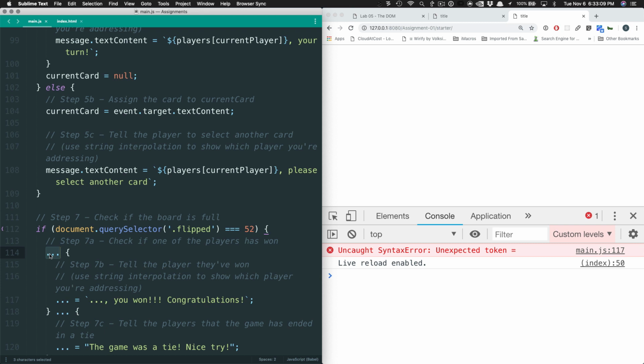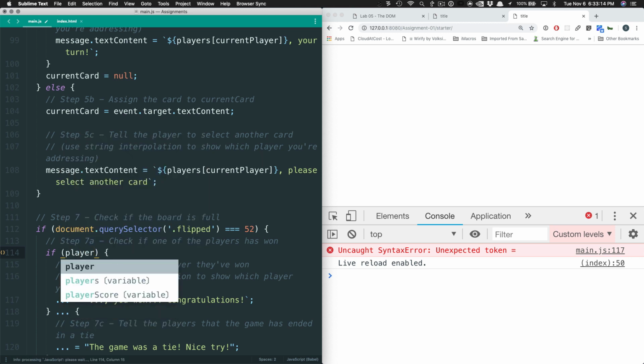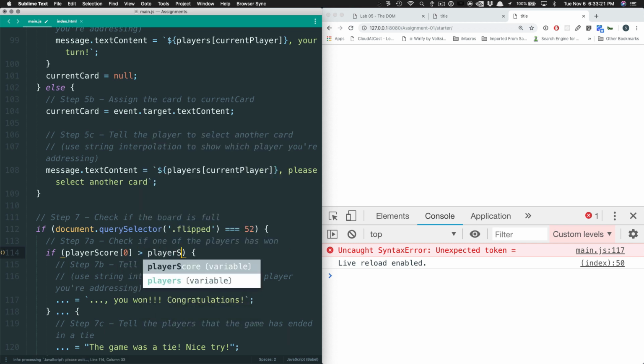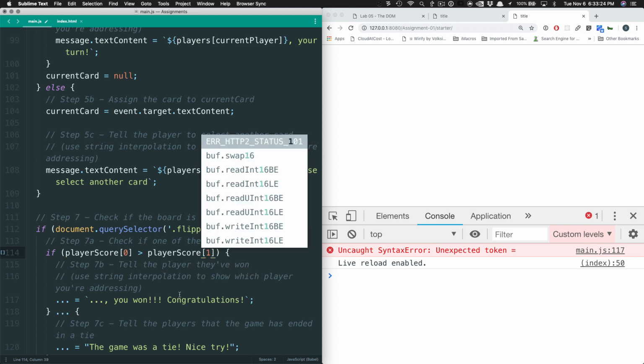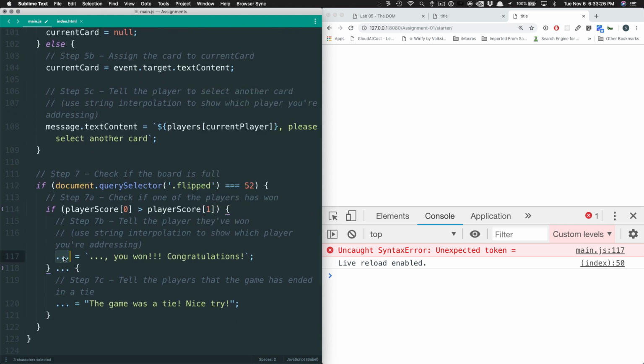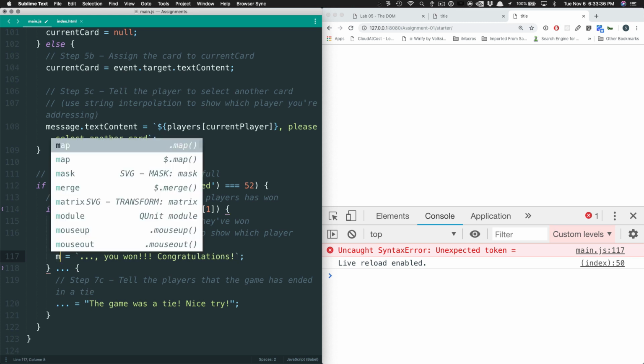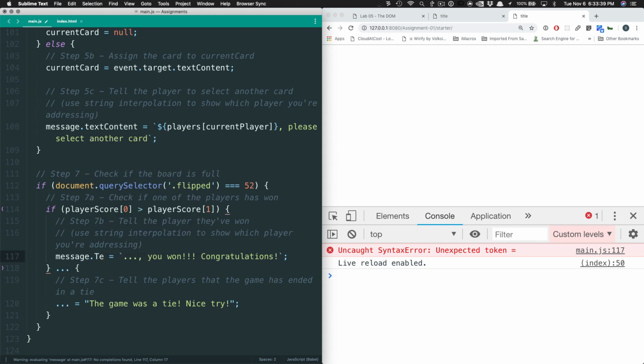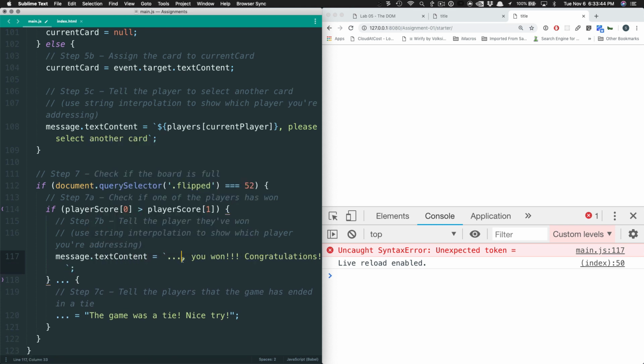Check if one of the players is 1. So if player score 0 is greater than player score 1, then we do... crap. Right. There's a few different ways you could do this, and I think I goofed it, but we'll do this way. Dot text content equals